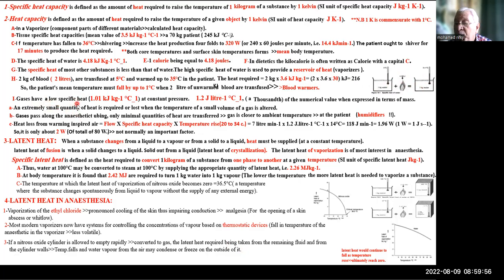So I apply this amount. Gases have a very low specific heat: 1.01, almost 1 kilojoule for each kilo and for each degree Celsius at a constant temperature. Of course, whenever I mention gas, it's better to use volume, liter. So it's better to be converted to 1.2 joule, imagine the joule, not kilojoule, for each liter for each degree Celsius. So this is the specific heat of